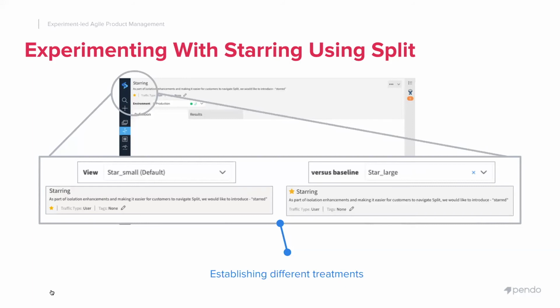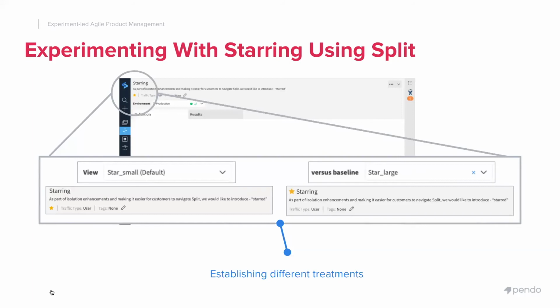On the left side, we called this version star small. You can see right below, we call this the metadata at Split. It's the object below the name and the description. So the Split name here was starring. The description says as part of the isolation enhancements. And then underneath that, you have that metadata object. This is very similar to the design pattern that we took from Sumo Logic. We took it from Slack. So for those of you on this call who are on Slack, they do have stars. You can star different channels. It's a relatively small star, though. It's not huge. It's not in the title, or at least it's not for me. So maybe they're